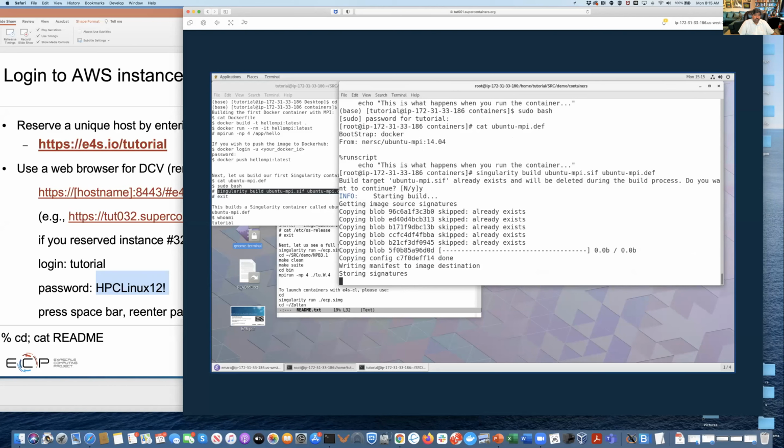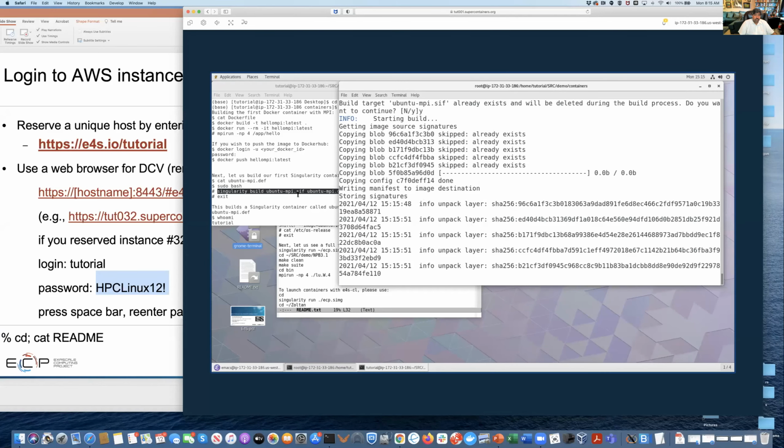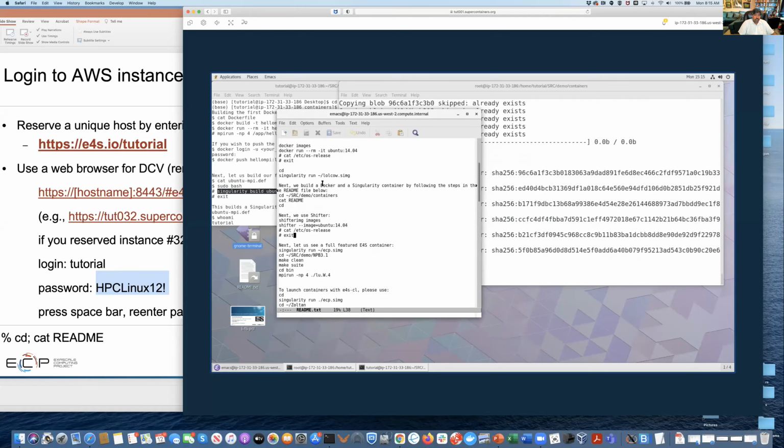Okay. So with this, we have covered what a Docker container can do, what a Singularity container can do. How do I build a Docker container? How do I build a Singularity container? I recap, just go to this directory called src demo containers, cat the README file,